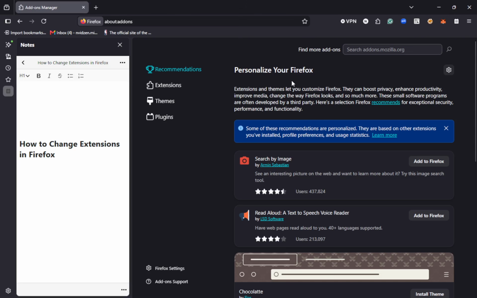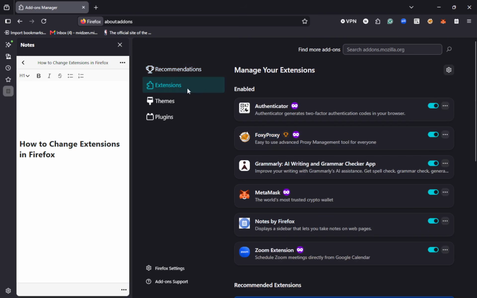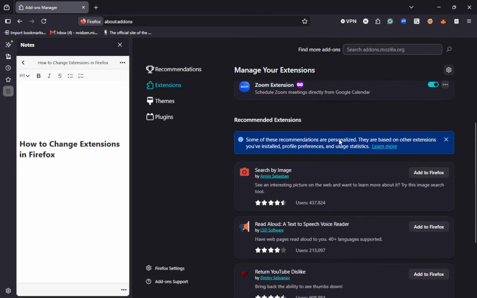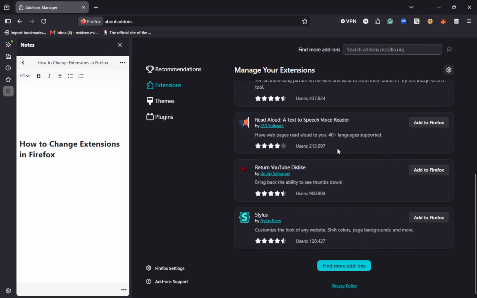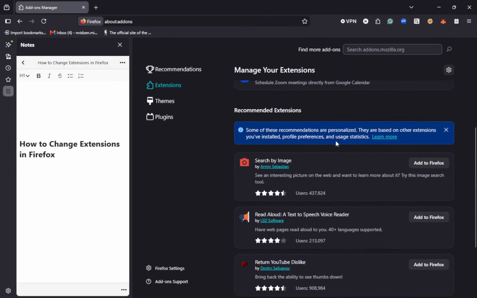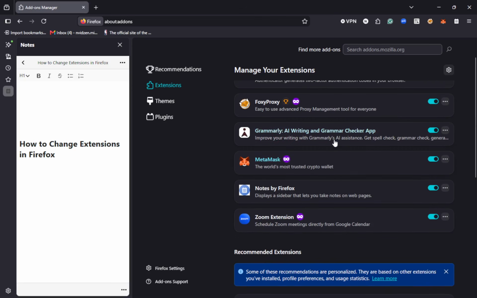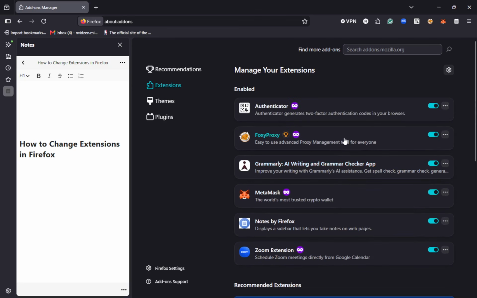From there, click on Extensions in the left sidebar. This action brings you to the Extensions Management area. Here you will see a list of all the extensions you have installed. Each extension will have its own box that provides key information about its functionality. This view is crucial because it allows you to quickly assess which extensions are active and which ones need attention. You will feel more in control of your browsing experience as you see all your extensions in one place.